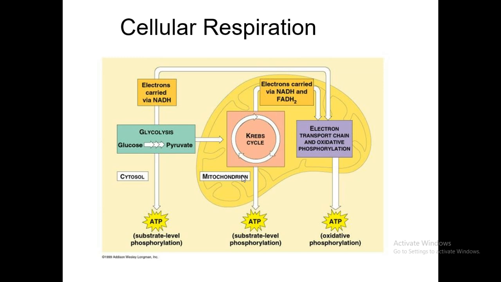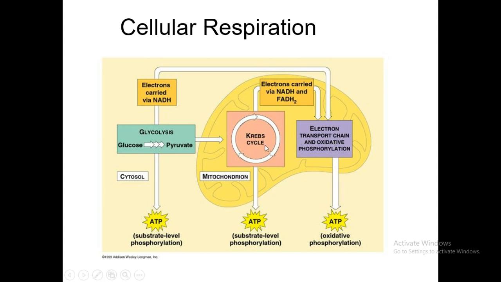So cellular respiration is divided into three metabolic pathways. We have glycolysis, Krebs cycle, and oxidative phosphorylation through the electron transport chain. Actually, the ETC is not really a metabolic pathway. It is more of the structure that allows for the metabolic pathway, which is called oxidative phosphorylation. So the latter is the metabolic pathway, and the structure that allows it is the electron transport chain, which is